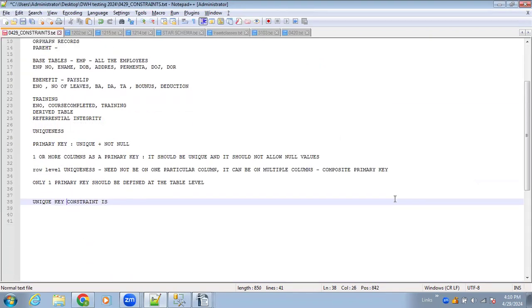What is unique key constraint? Unique key constraint is to maintain the unique values. However, it allows null values also. Because